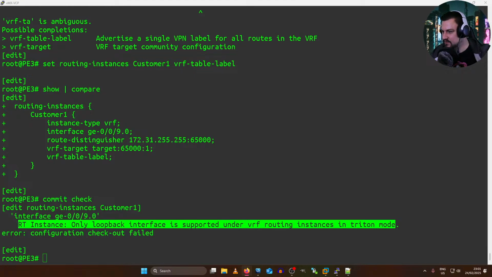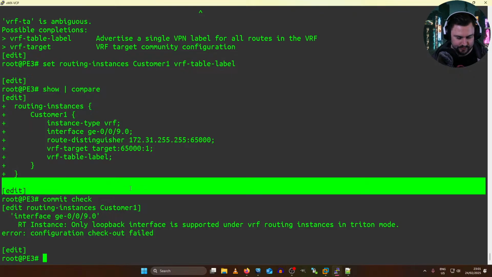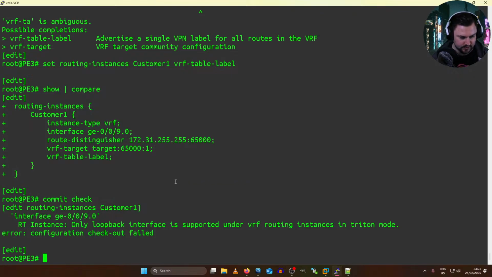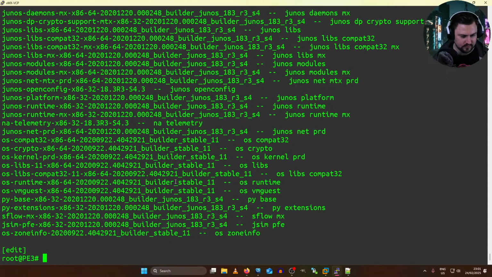Let me just check. This seems to be license related. Awesome, awesome. However, I should have a license for this version, so I might be able to get away with it. So run show system software. Run show system license.